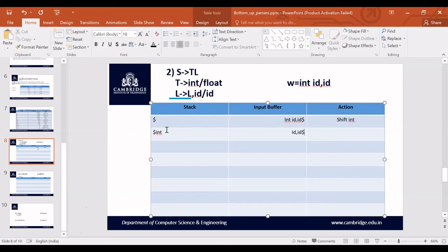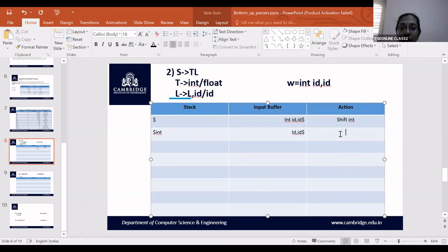Yes, T. So T produces int or float. So what you can do is you can first reduce int to T. So dollar T.